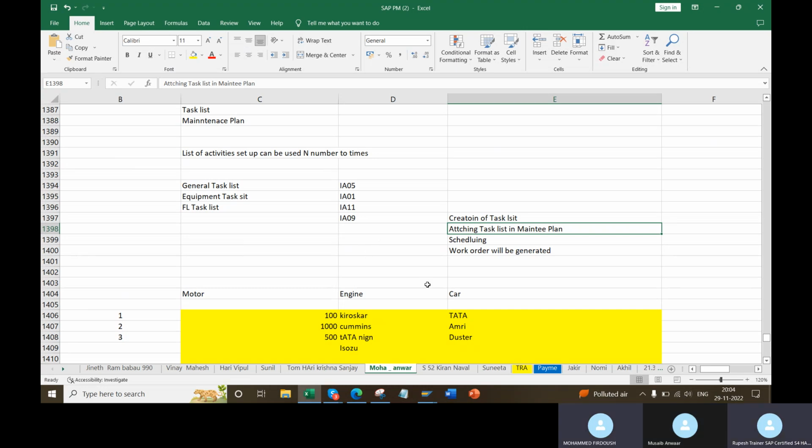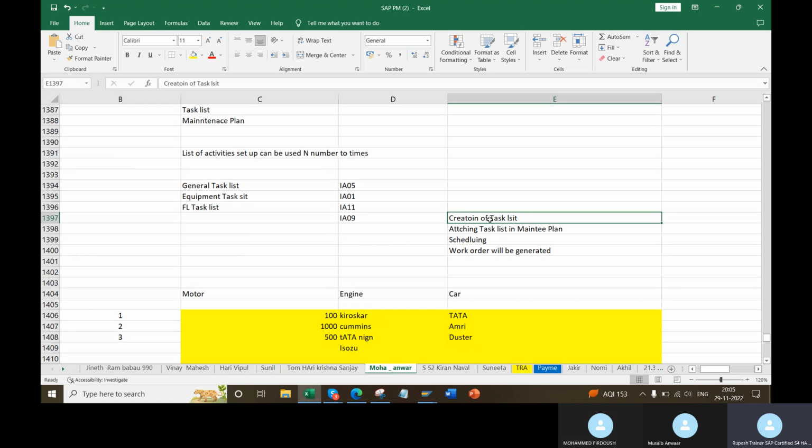Sir, if they ask how to create a work order, then what steps we need to tell? Is it from the notification or is it from the task list creation? Preventive starts from task list. Why are you going for notification? No, general work order if they tell. If they are not specifying any type of order, you tell general work order: notification, work order, release, settlement rule, confirmation, takeover, settlement, business process.